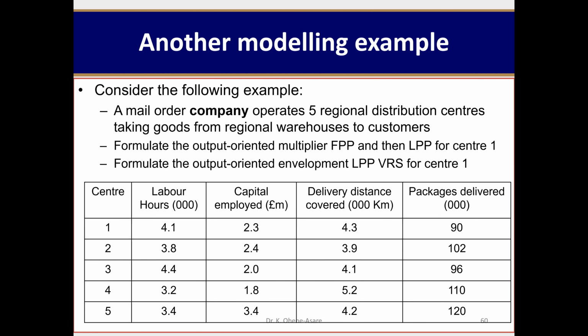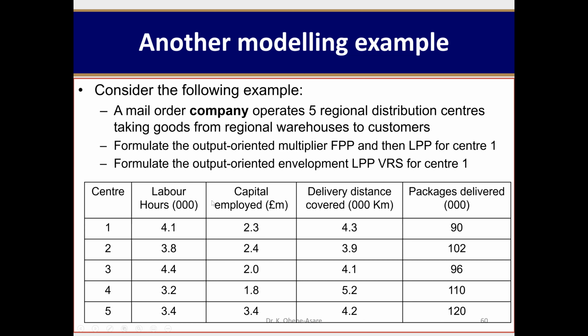All right. So can I give you this to try? You should try this at home. This is a mail order company. It operates 5 regional distribution centers. It takes goods from regional warehouses to customers. Yours is to formulate the output-oriented multiplier model, the fractional programming problem. And then the same output-oriented, this time, do the linear programming problem for the multiplier,